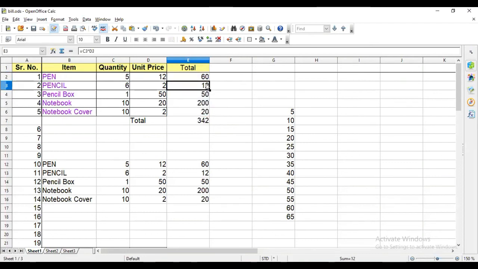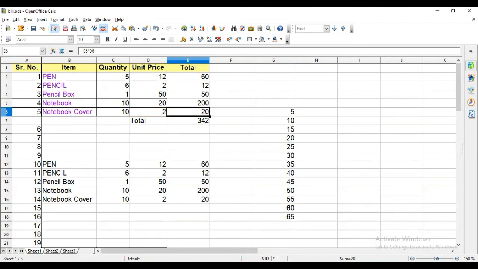So when I click and drag, now in the second, C2 and D2 is there, multiplication. Then since one row is incremented after dragging, it will take new values, C3 and D3. Then again C4 and D4, then C5 and D5, here C6 D6. So this is relative cell address. When we drag this, it changes automatically.